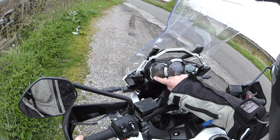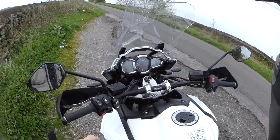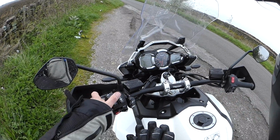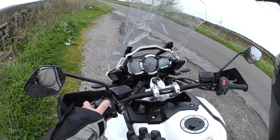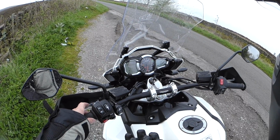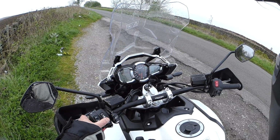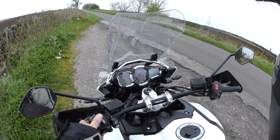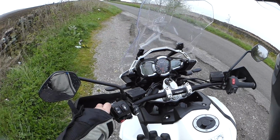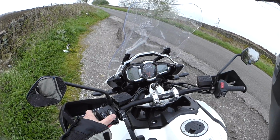Left hand side, this is the fancy bit that they've put on now. You use this button to scroll up and down, and then you pull in what used to be the headlight flasher to select it. Now that's to adjust the screen up and down. So if I press that way, the screen goes down. If I push it up, the screen comes up. Then I can move down to CNS,